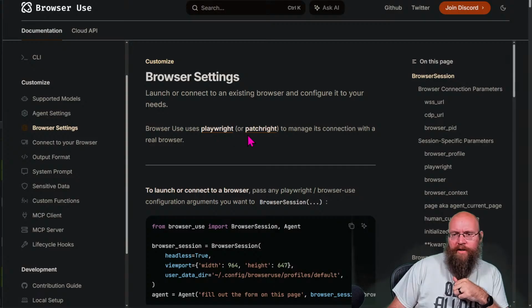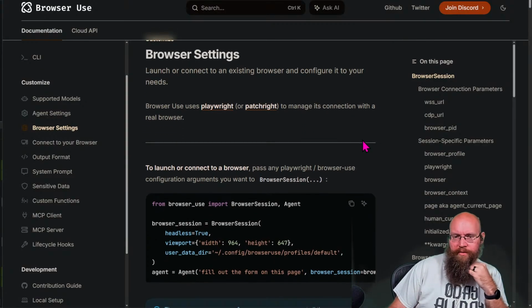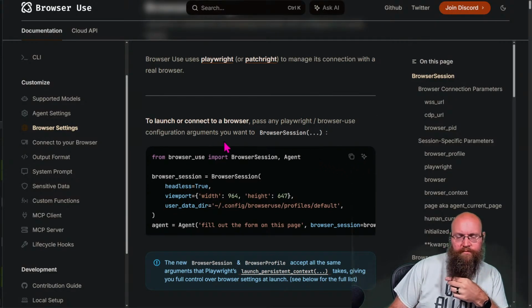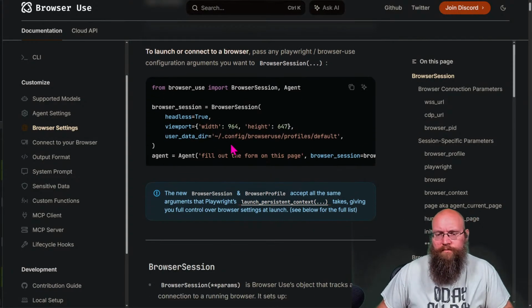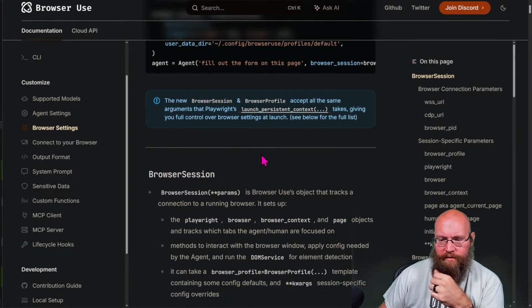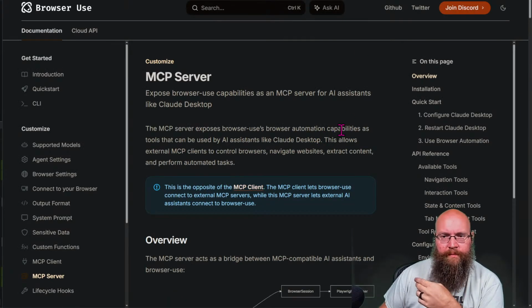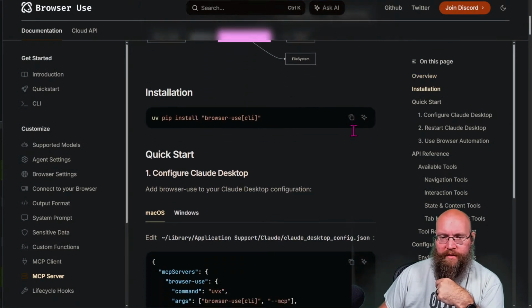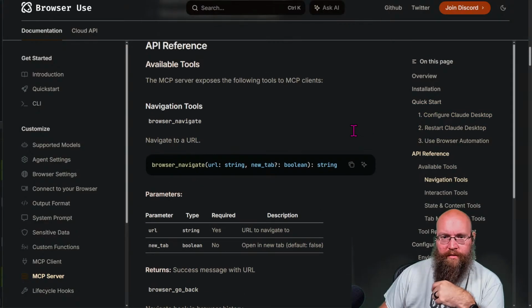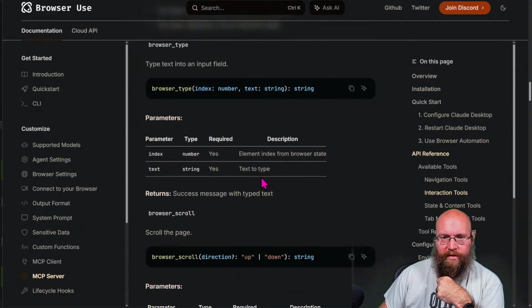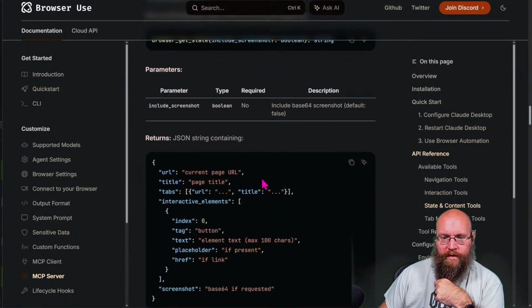Browser use uses Playwright or Patchright to manage its connection with a real browser. So to launch or connect to a browser, pass any Playwright browser use configuration argument you want to browser session. But if we're using this with MCP, actually, tell you what, let me look at the MCP server here. Because we probably would have to go set this either in the server. So here's our available tools. We can browse, navigate, go back, click on something, check the type, scroll, get the state.